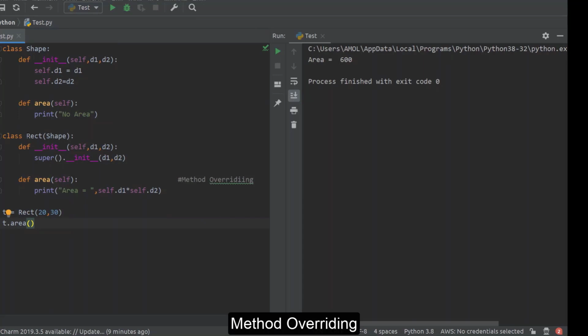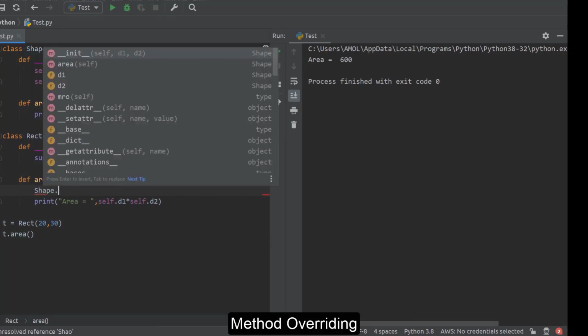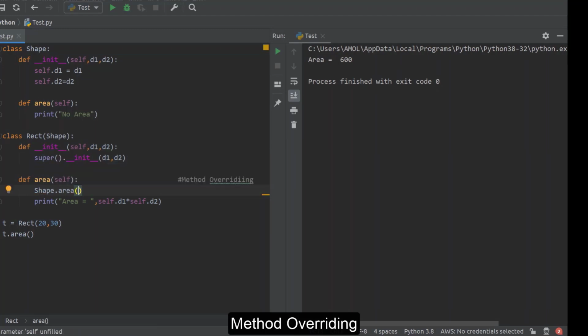Now in a child class, suppose you want to access a parent class method. The problem is that you can't say area directly, because whenever you say area it will refer to this area method. So in that case we can take the name of the class dot area. This way you can access the parent method in a child class in case of conflict. If there is no conflict you can directly access it, but if there is a name conflict, then to make a specific invocation of the parent class method you can say parent class name dot method name. So this is what is meant by method override.